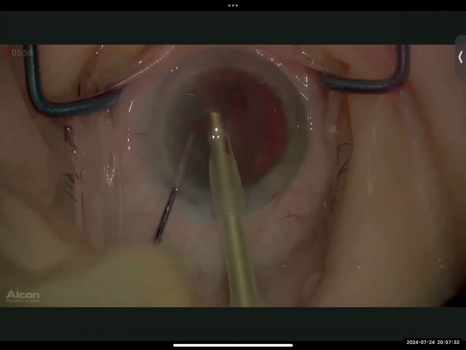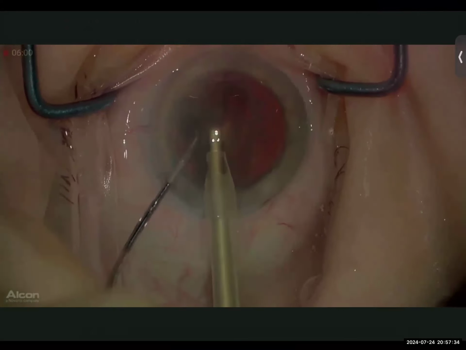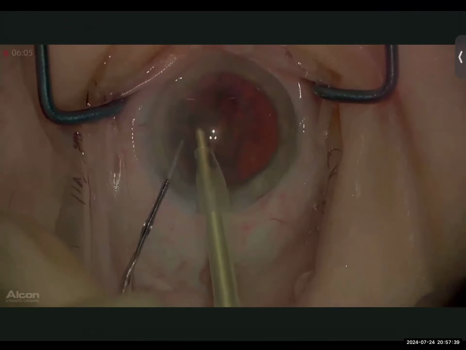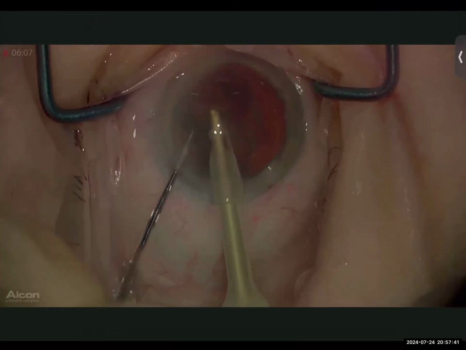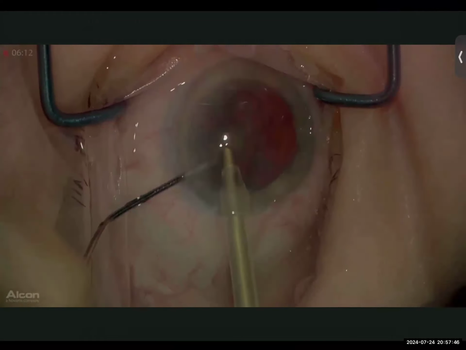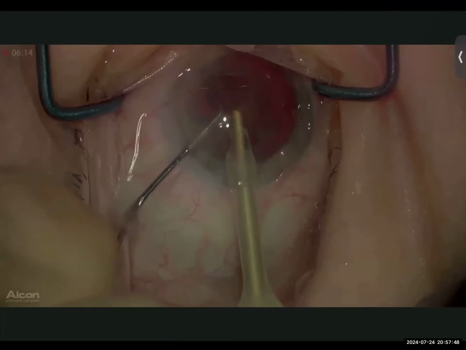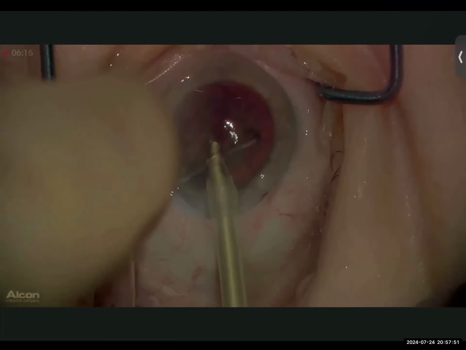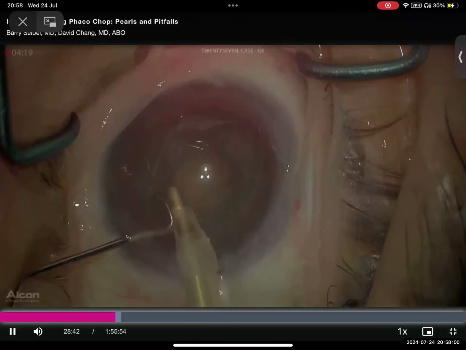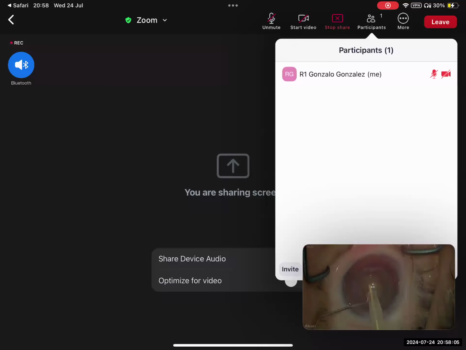But why is it easier? Well, I only have to chop the radius, not the full diameter of the nucleus. Secondly, I'm guaranteed to have my chopper deep enough because I've created this big trench. I just have to go up in the side of it. And then third, it's a much smaller fragment, so it comes out. Now, once that first fragment is out, it becomes easier. We're going to go to 13 video now. So this, I believe, is going to show a half trench. This is a denser